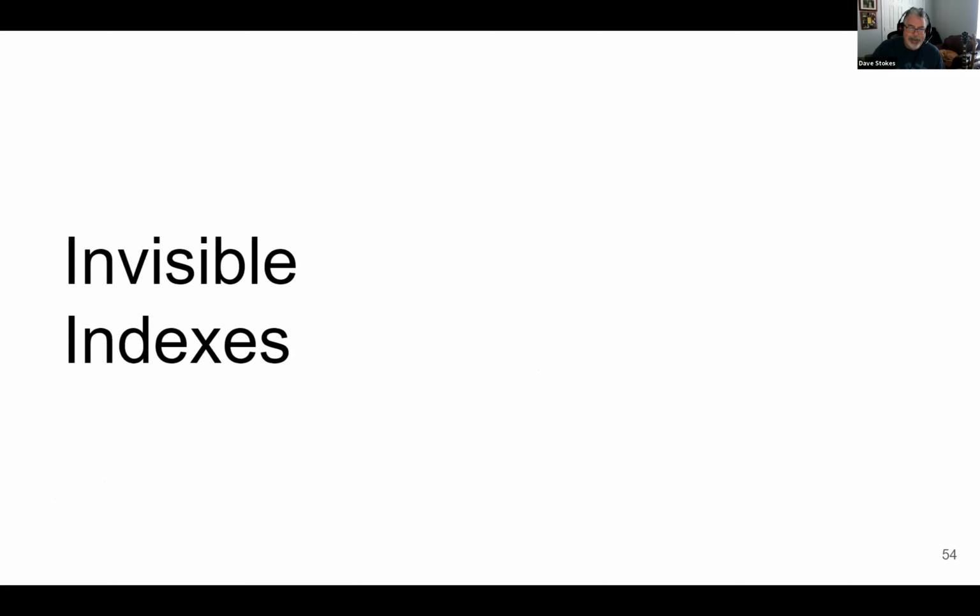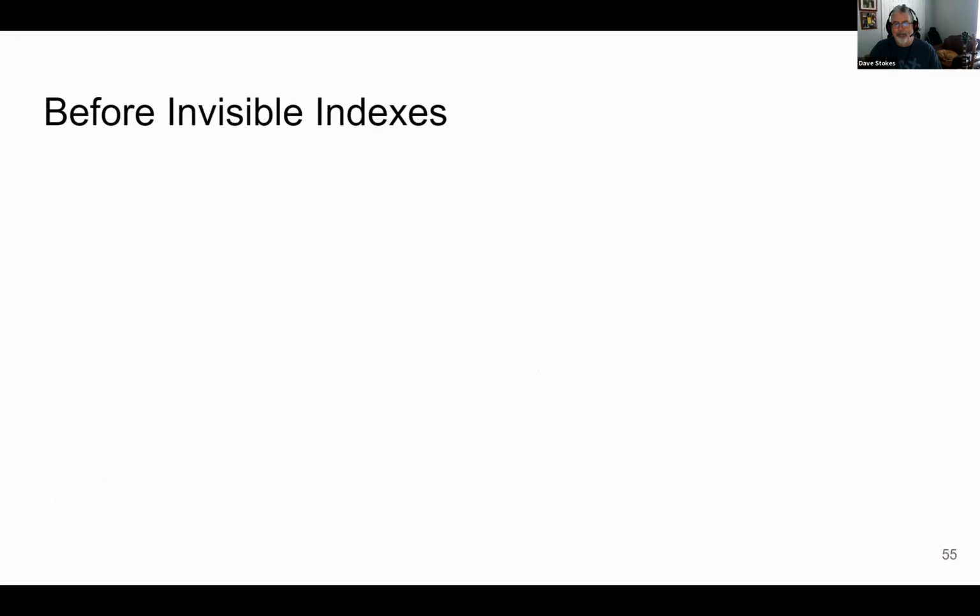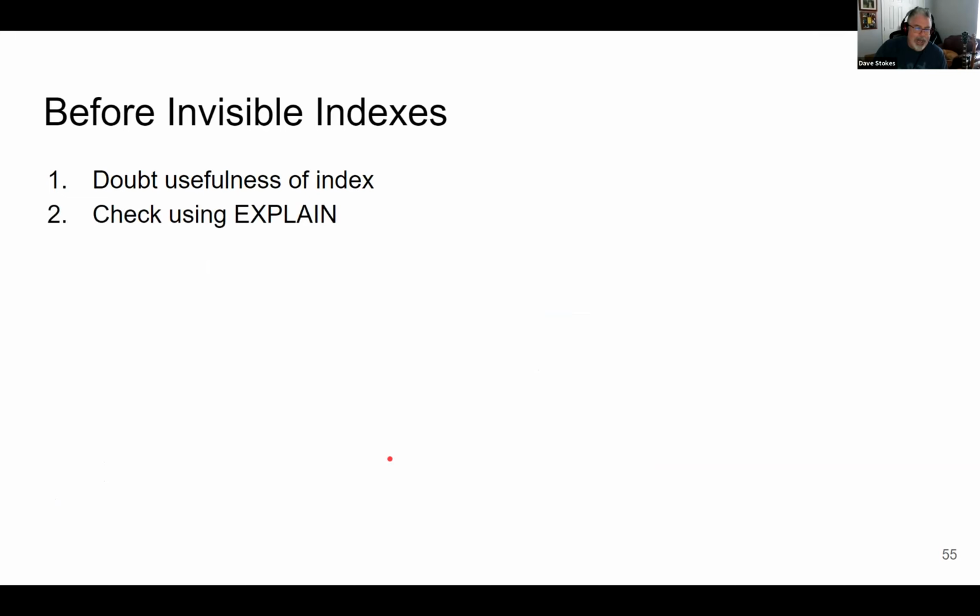Now onto invisible indexes. This was an idea that when I first heard about it, I was kind of confused, and then it was explained to me that in the days before invisible indexes, you'd have a query and you'd wonder if the index was really helping you and you weren't sure. So you run explain. And of course, that index was not helping you and you'd remove that index. Well, as you're rerunning explain,